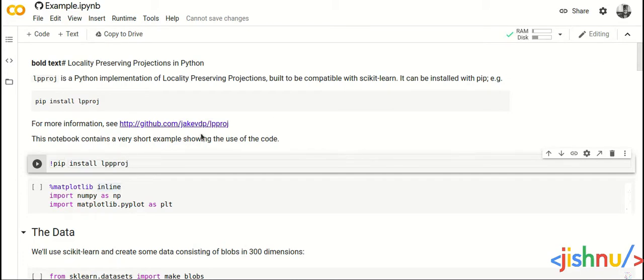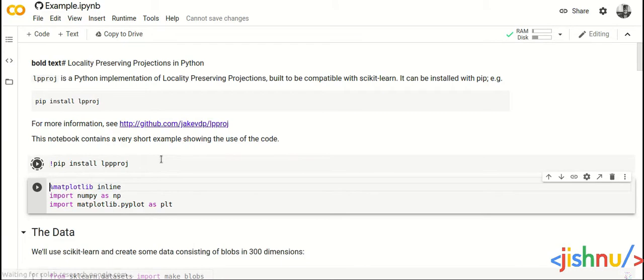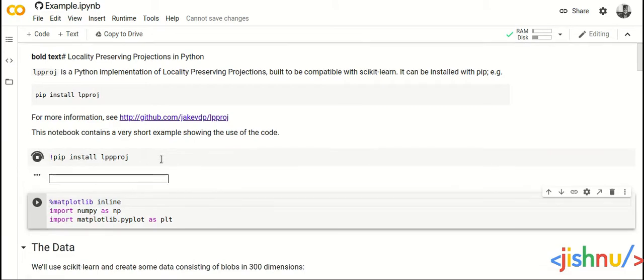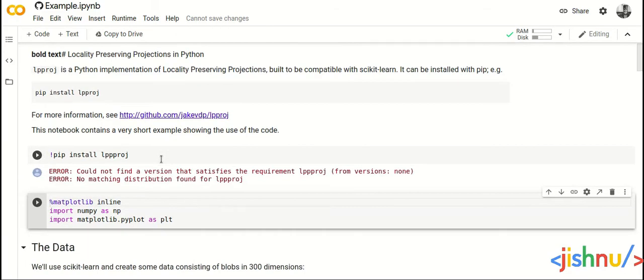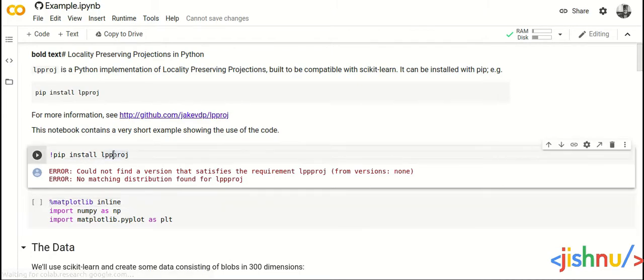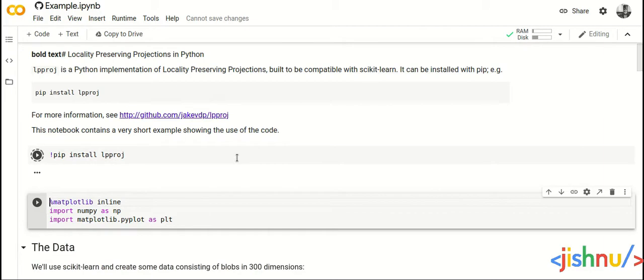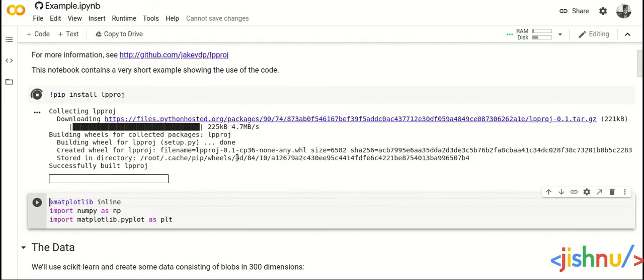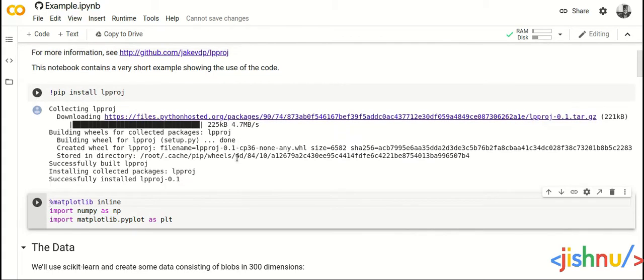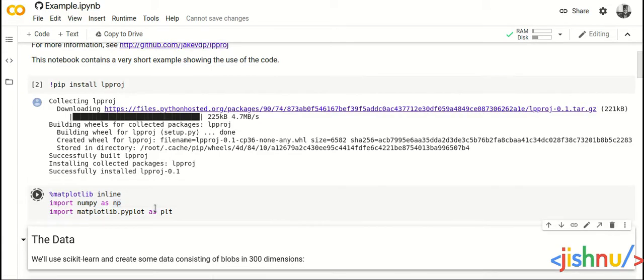Okay, so it's connected, and now let's try to install it. Alright, so we have successfully installed the package. Now let's import the necessary libraries needed for this experiment. I'll go with NumPy and Matplotlib.